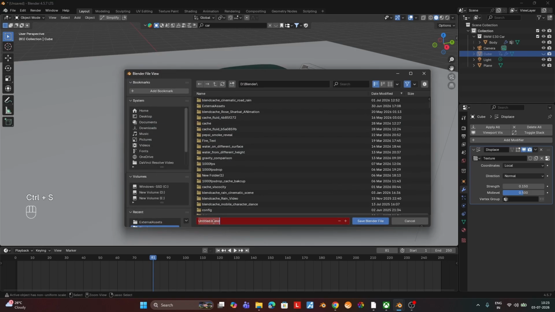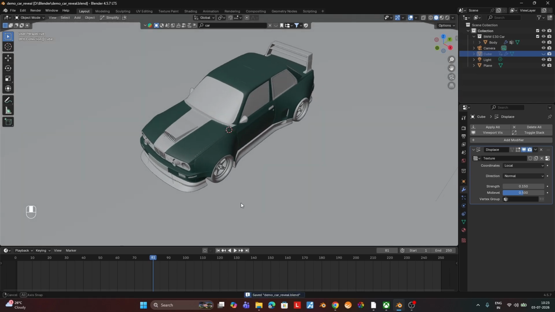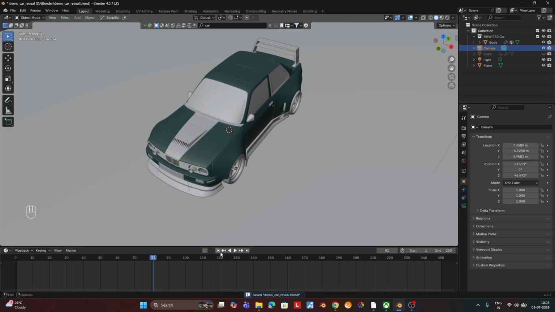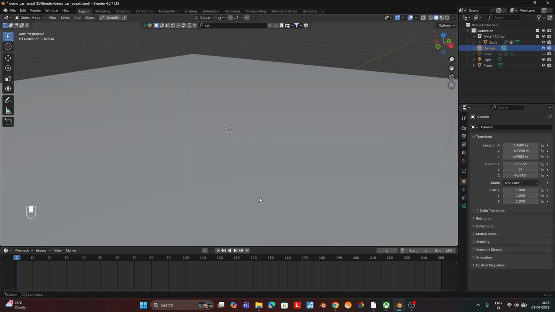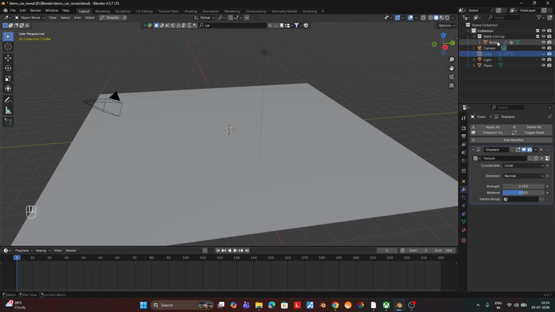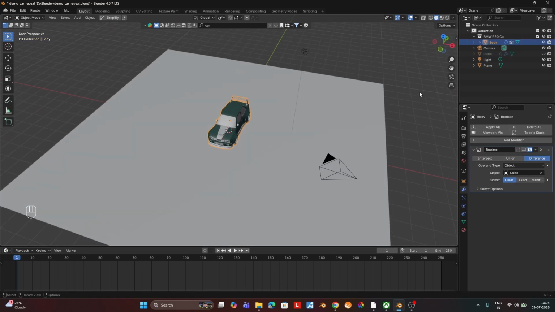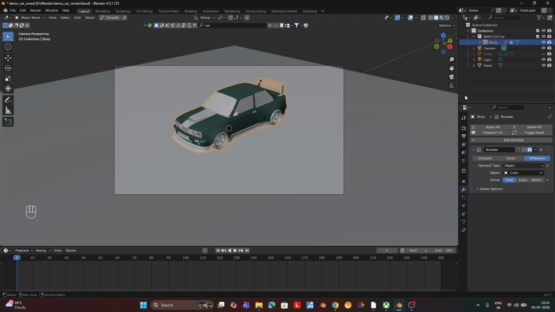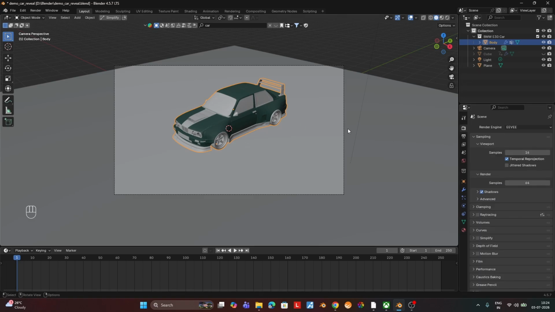We will just save this project so we don't lose any work. Now we will animate the camera. If you see, we don't see any car because the keyframe is at 1, so we will just enable the cube for now. We can go to the car and disable the Boolean modifier for now, just for animating the camera. And we will be doing vertical, so we just have to change the resolution,